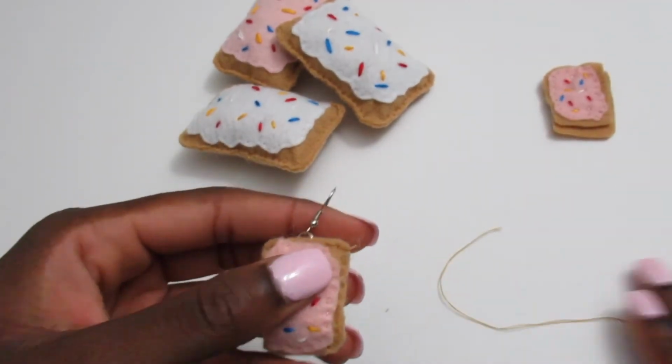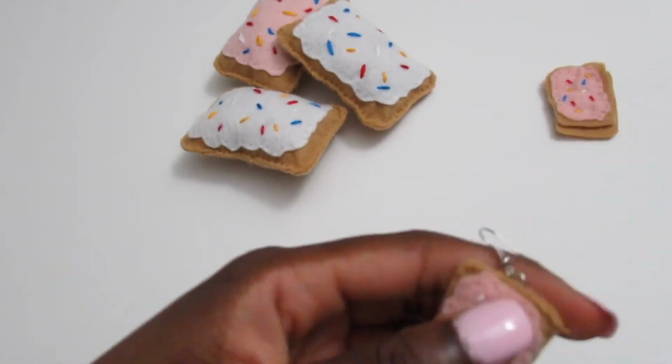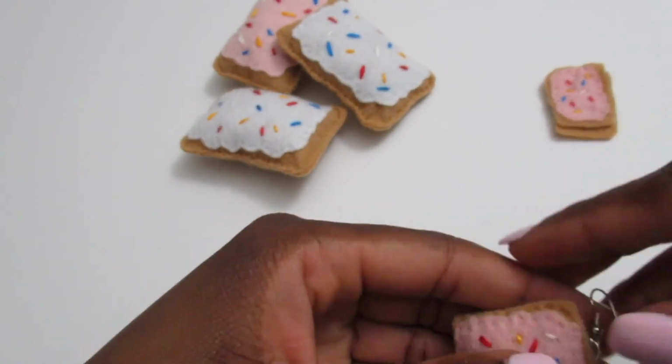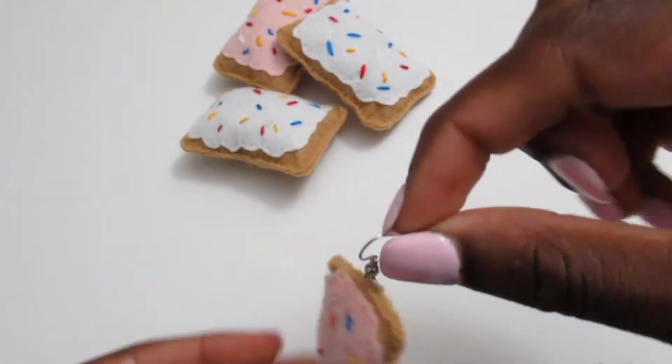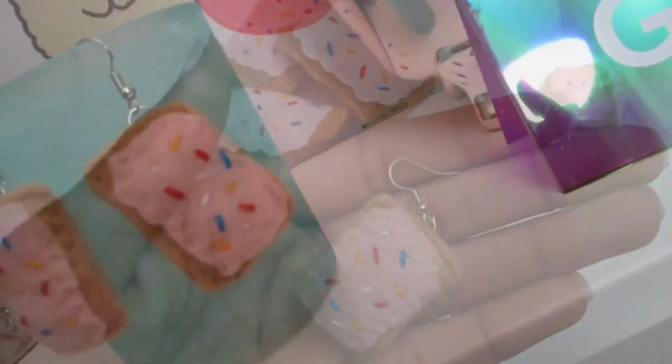Alright, so we're gonna add the nice little knot on there, snip it a little, make it a little clean. Also make sure to pull, we don't want that Pop-Tart falling out in public, do we? And we are good to go, ladies and gents. Ready to rock it out with your amazing, adorable